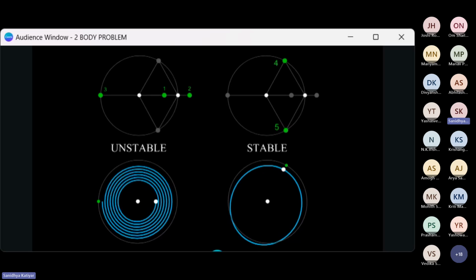So yeah, those were the 5 special points, the 5 special solutions to the three-body problem, which were discovered using symmetry. So let's now talk about